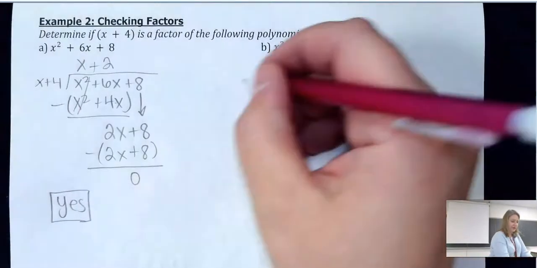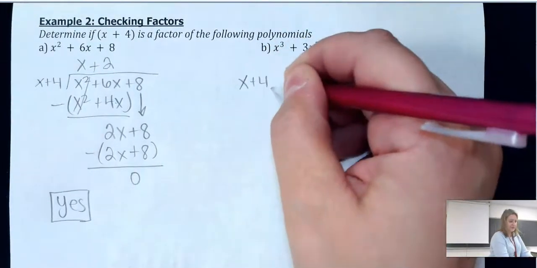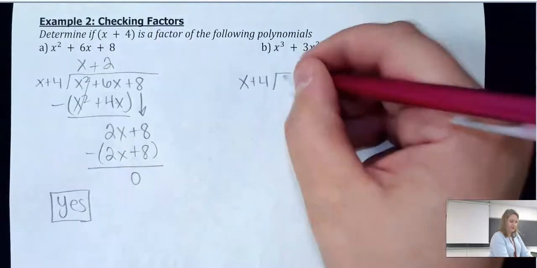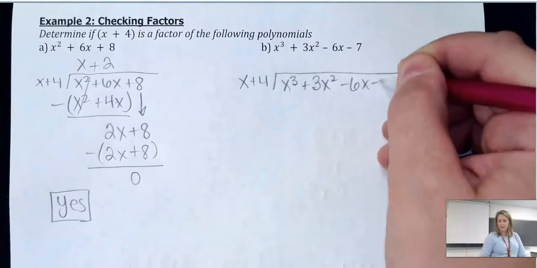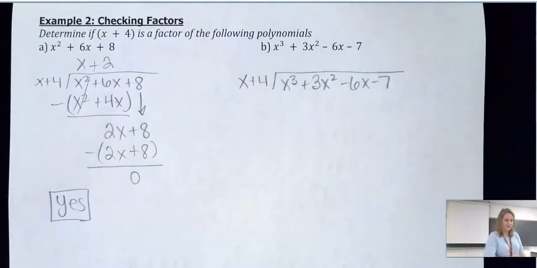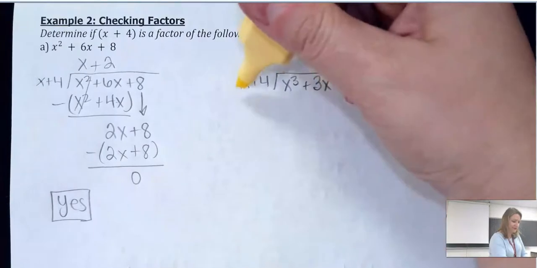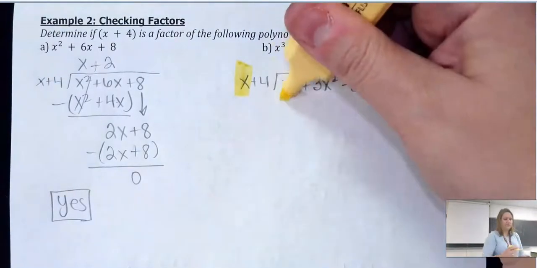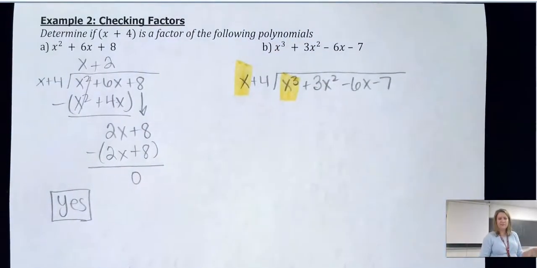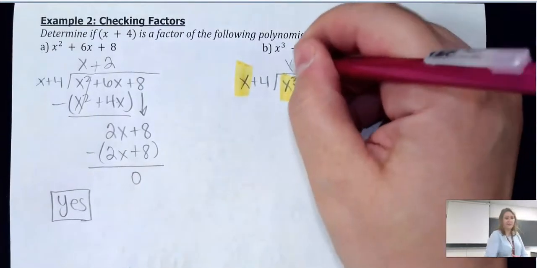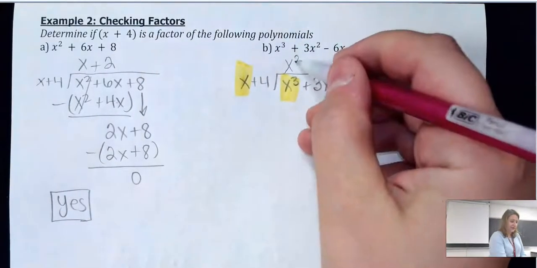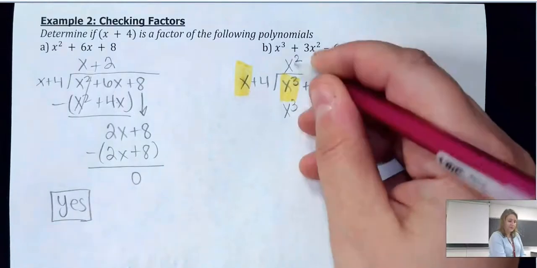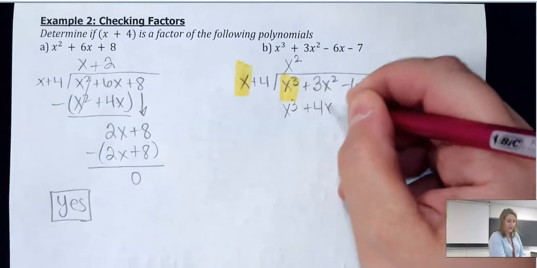Let's try one more here. So x plus 4, we're still determining if this is a factor. It just gives us a different polynomial to test out. I'm going to grab my highlighters and just highlight instead of trying to cover these numbers up. What do I need to do to x to get x cubed? I would need to multiply that by x squared. So x squared times x cubed, x squared times 4, 4x squared, and we're going